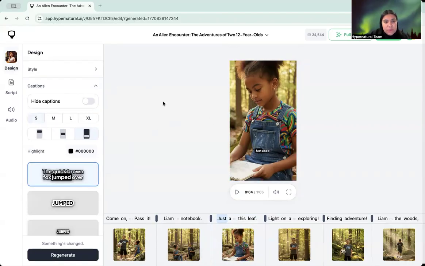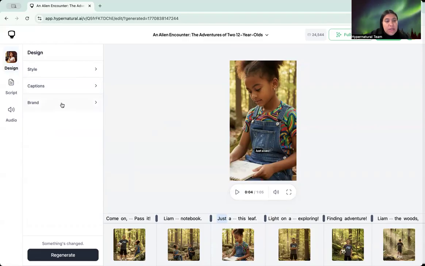Now let's go back to global settings, clicking on the blank space here. And then the last thing here is brand. So if you have a logo you want to include,